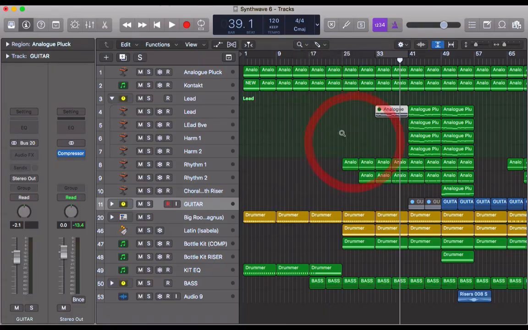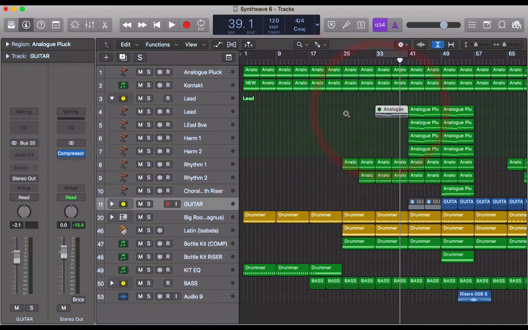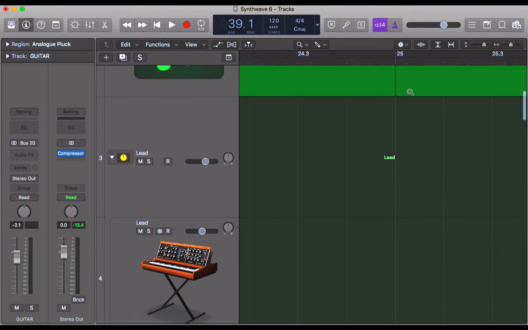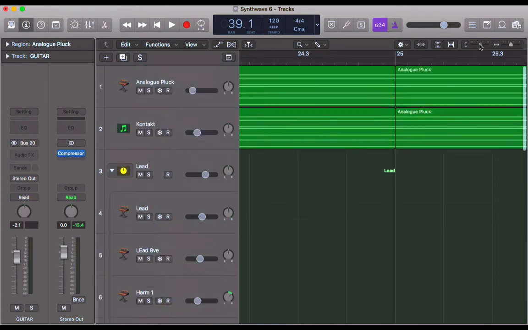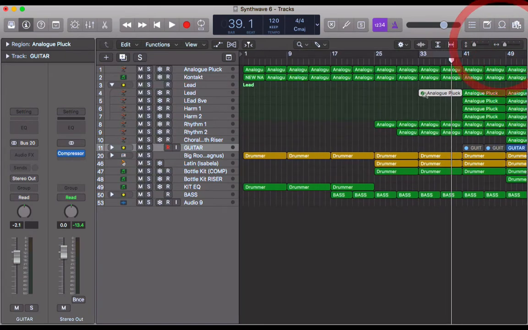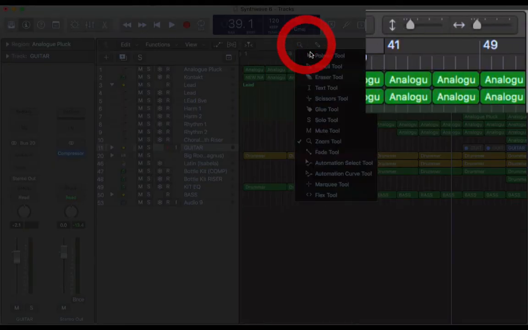Next one is zoom. You can see we've got a magnifying glass. If we go ahead and click and drag, it zooms in a phenomenal amount. Now, I don't find this one particularly helpful because it always zooms in far too much, and I prefer to use these two controls over here. But nonetheless, next one is